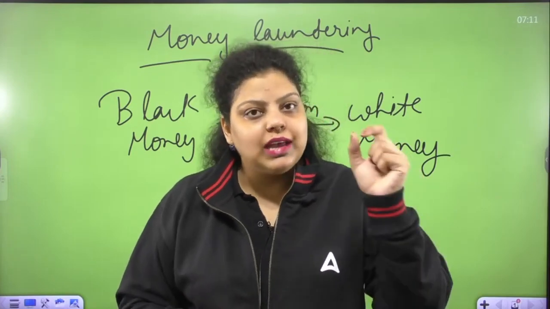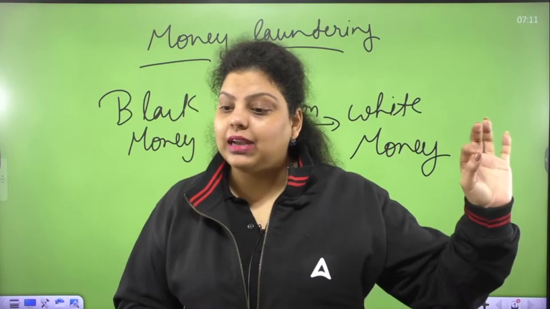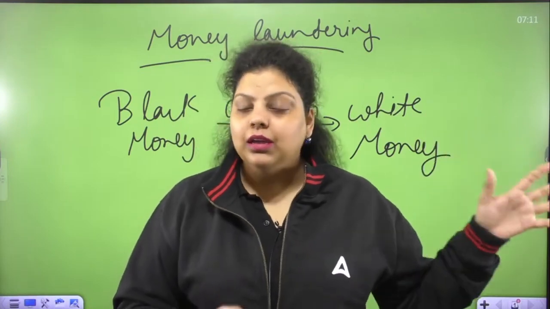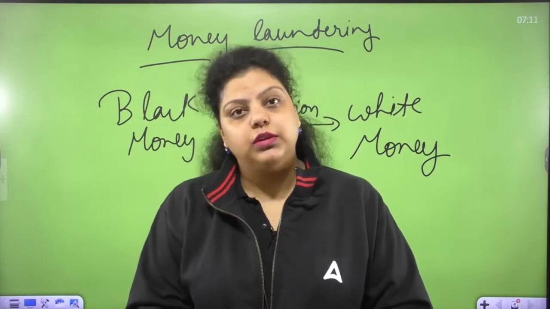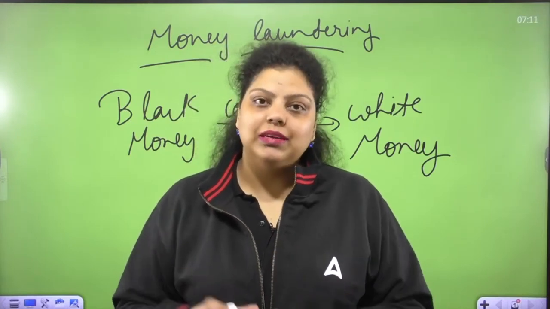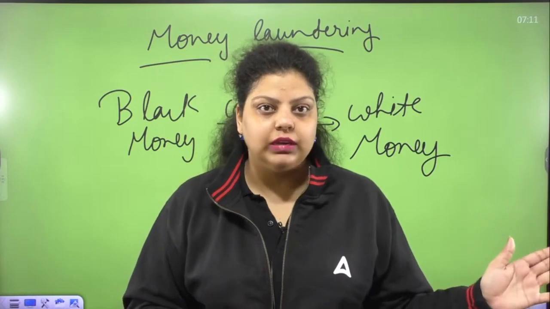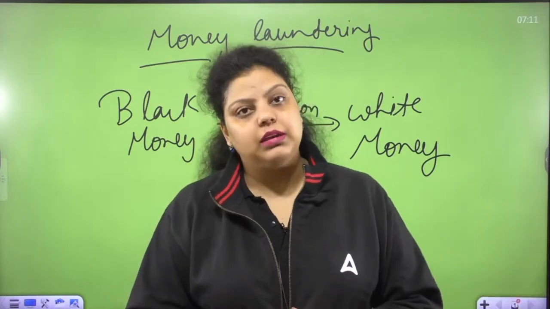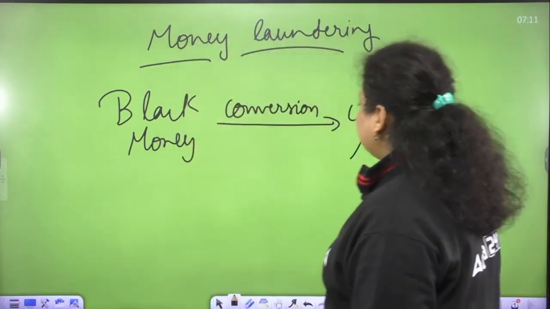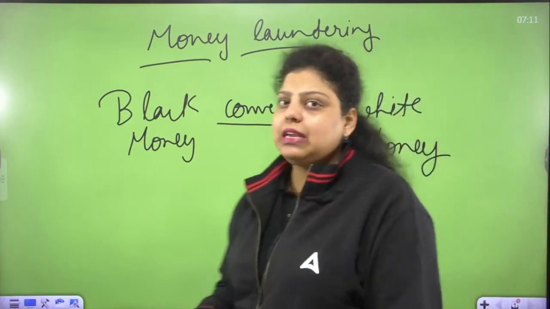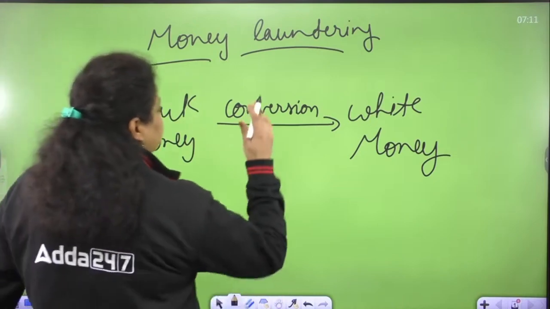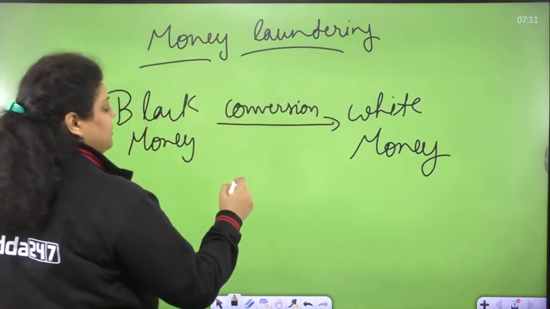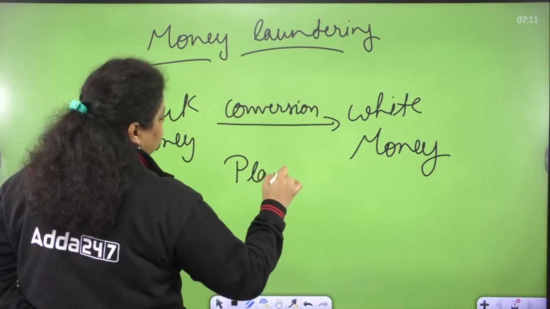Because it's very obvious, I won't be able to show that income in my account or in my income tax returns, because I do not have a legal source of income. So whatever money a person is earning from an illegal source of income, that money is known as black money. And the process to convert that money into white money by providing it a legal source of income is known as money laundering. This is done by using 3 steps or stages, that is placement,